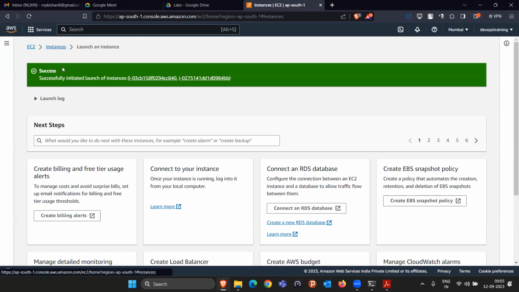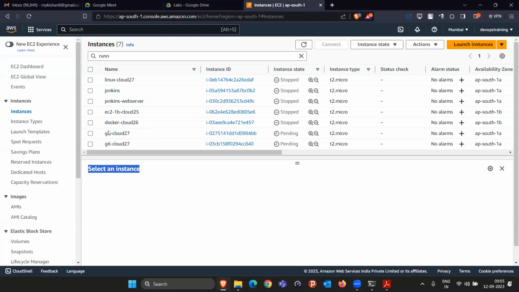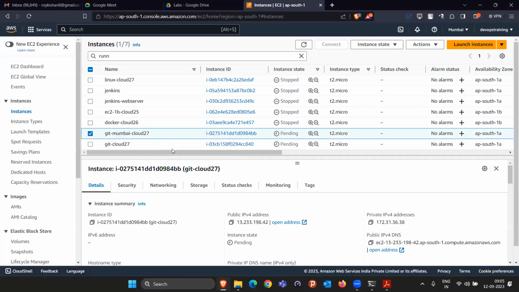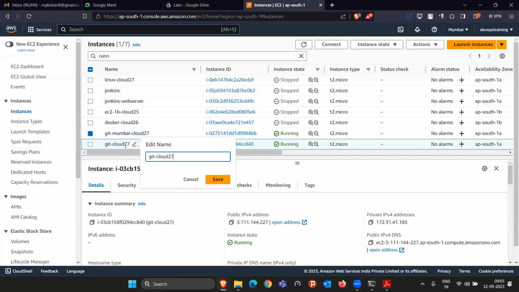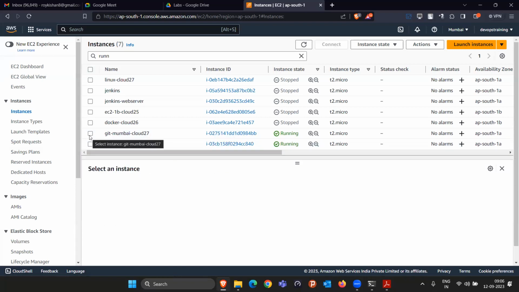Once the instances are launched, just change the names. This machine, treat it as the Mumbai, that means India one. And this one, let's treat it as the US one. Something like this. Once both the machines are running,